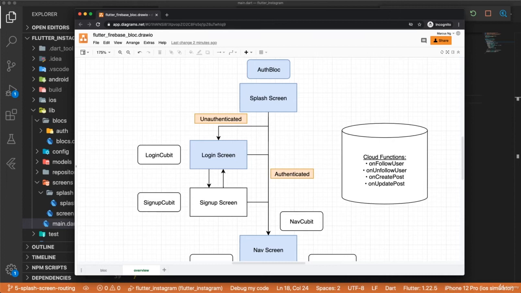Now that we have both our auth block and splash screen set up, we want to set up navigation. So if our user is unauthenticated, we send them to the login screen. And if the user is authenticated, which means they're already logged in, then we send them to the nav screen. In order to do this, we need to have a listener on our auth block in the splash screen. And based on the current auth block state, we can then take the appropriate navigation steps to send the user